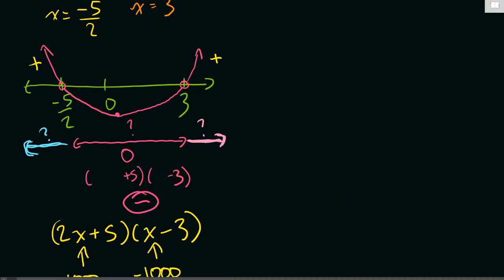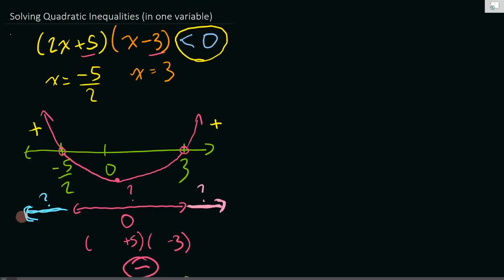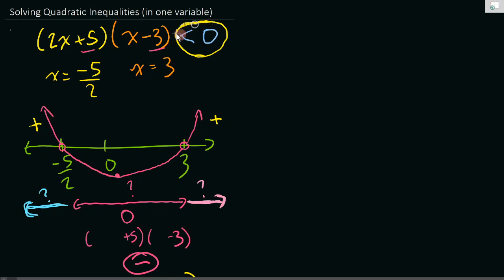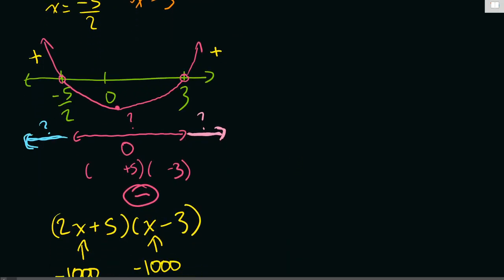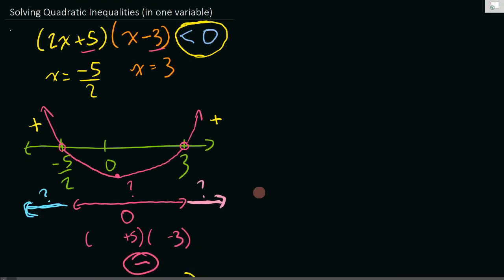You don't need to plug in, oh, it's negative 5 over 2, so I'm going to plug in negative 7 over 2 and carefully go through all that. No, we don't need that. All that we care about is, is it more or less than 0? Okay, and we figured that out. So we know that we want it's less than 0 where? It's less than 0 on this interval, hollow point between negative 5 over 2